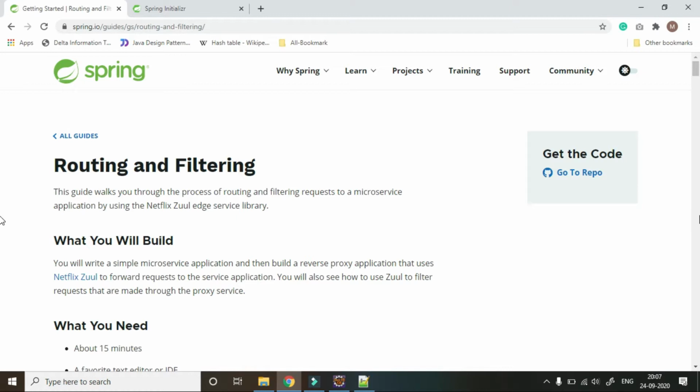So guys, today we will discuss Spring Cloud Netflix Zuul with Eureka. Zuul Server is a gateway application that handles all the requests and is built to enable dynamic routing, monitoring, resilience and security for microservice applications. The Zuul service is also known as Edge Server. So let's do our implementation.